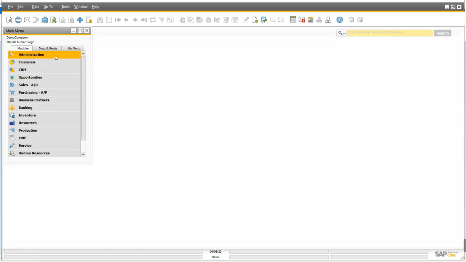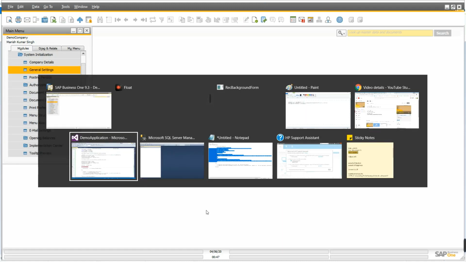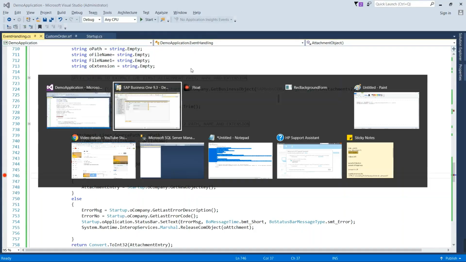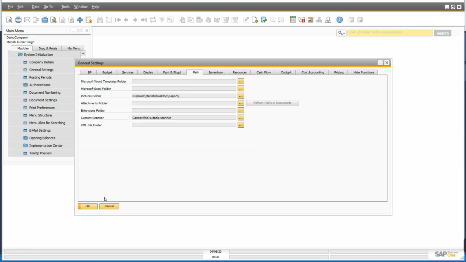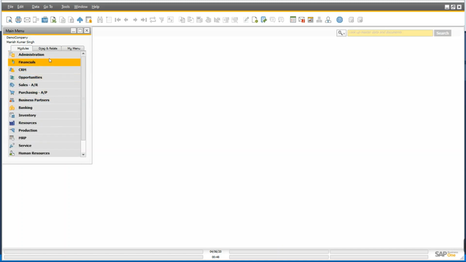In SAP Business One you have to come into system initialization and then general settings.